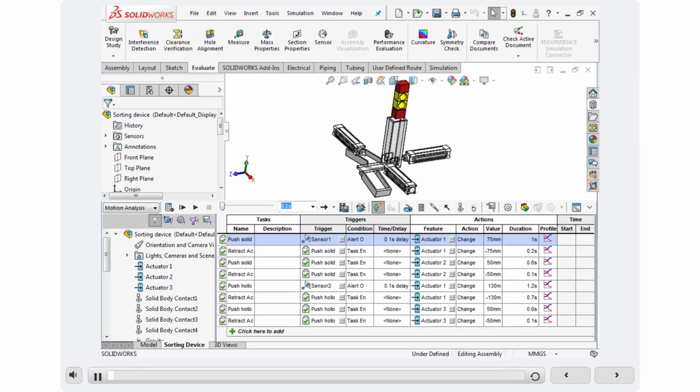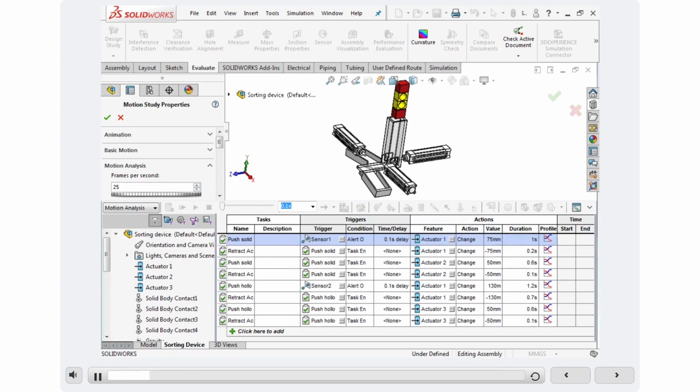Now that we have defined various tasks, we will set the simulation properties. This will allow the simulation to solve in a reasonable amount of time with adequate accuracy. Click Motion Study Properties. Set frames per second to 200